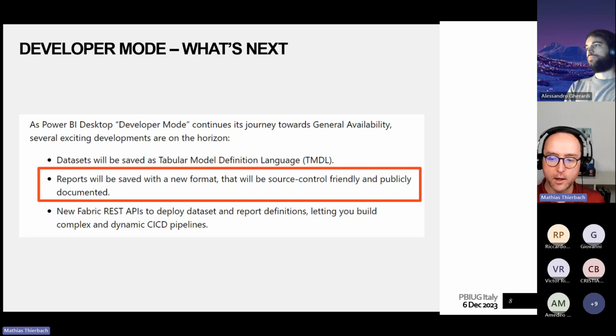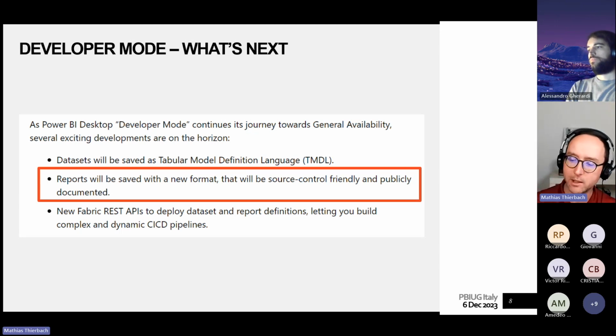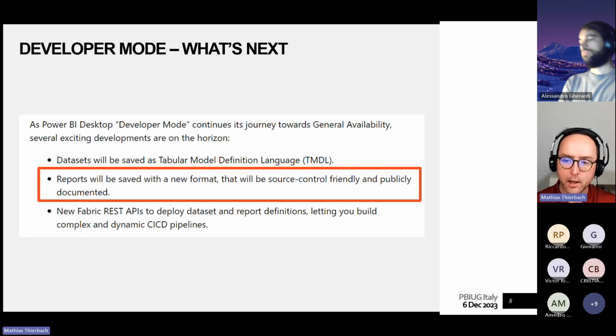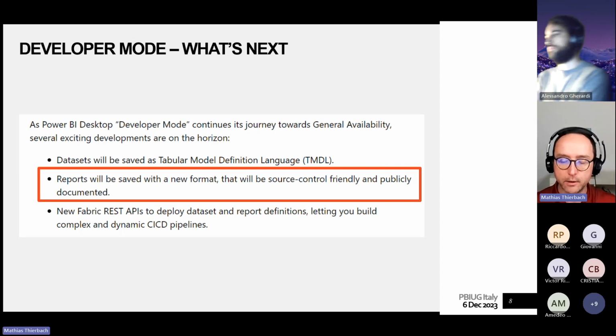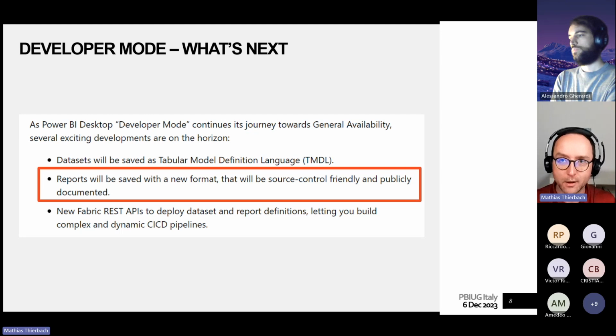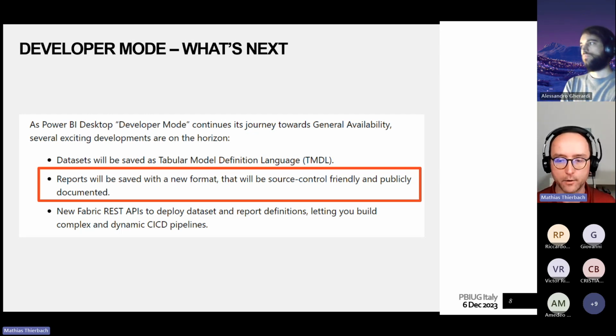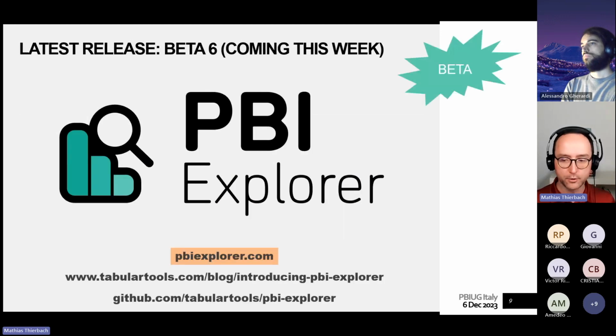But nonetheless, we don't know yet when that will be and what it will look like. And ultimately, it will still be sort of a lot of code that you have to understand and make sense of. In order to address that,